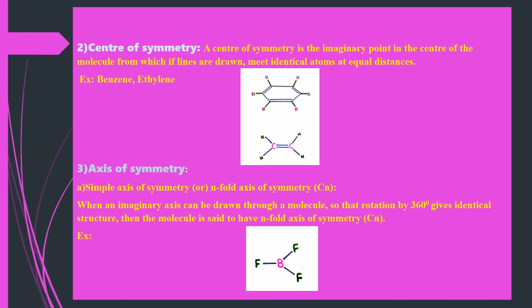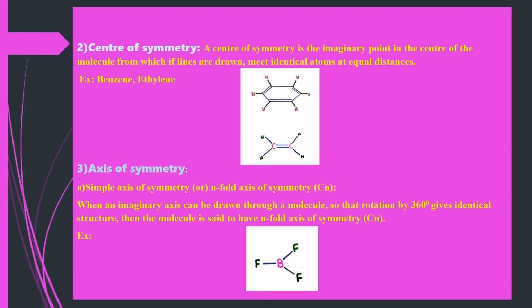So what does it mean, students? When an imaginary line is drawn through this boron trifluoride, and when this molecule is rotated about that line through a complete rotation of 360 degrees, it appears to be identical 3 times. Now the question for you is, after how much angle does it appear identical, or after how much angle can we notice the original appearance of boron trifluoride?